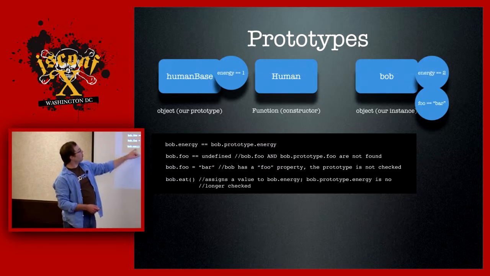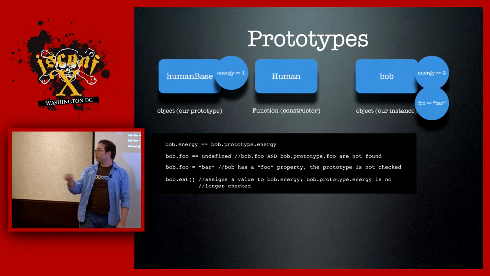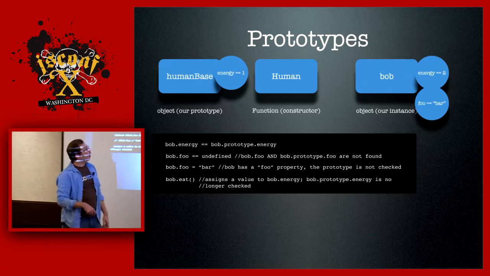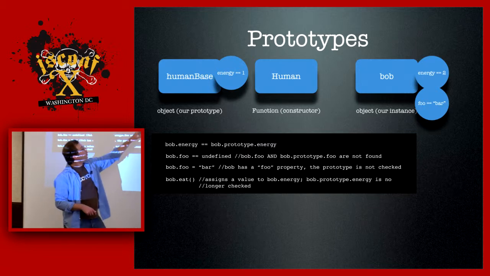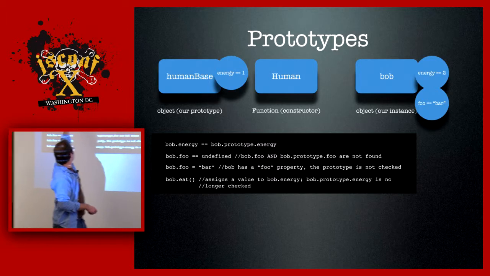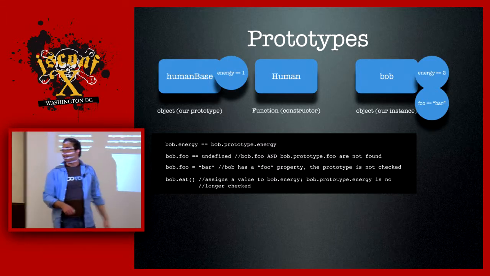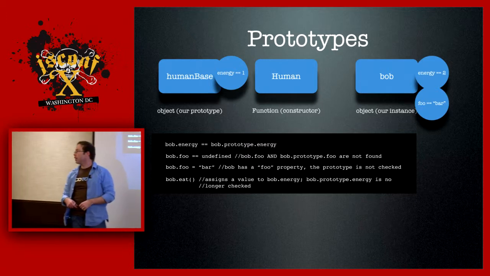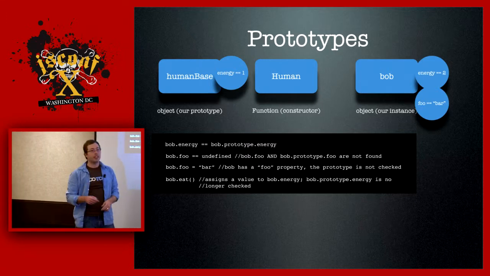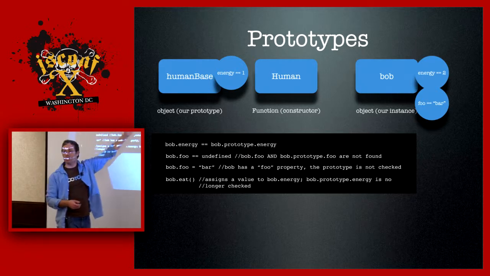And then if I call Bob's eat method, you remember it said this.energy plus plus, or plus 1. Now that prototype chain has been broken because we are never changing this guy. All we're doing is assigning a new value here. And so that is how the prototype chain gets overwritten, through assignment. And so one gotcha that you have to look out for is that if you deleted bob.energy and then asked what bob.energy is, it'll be 1 again.